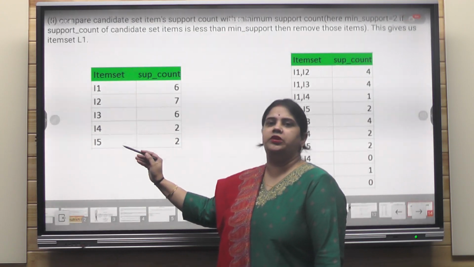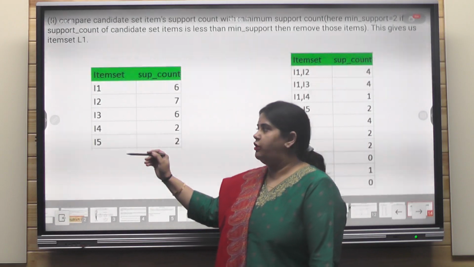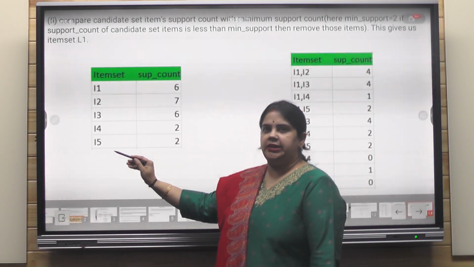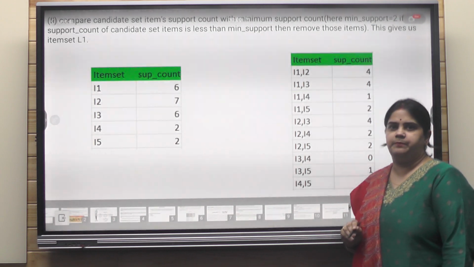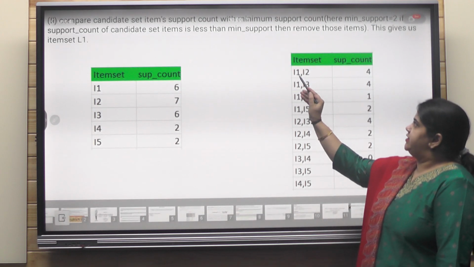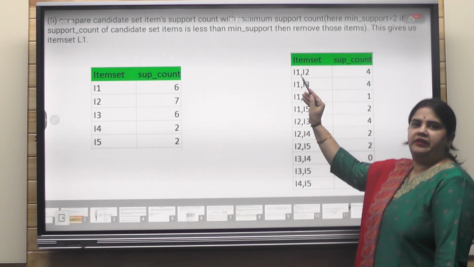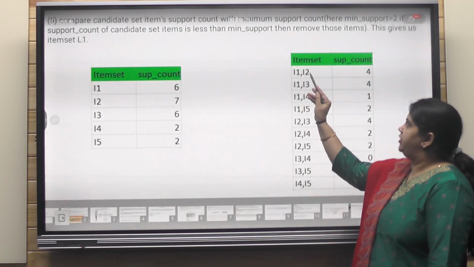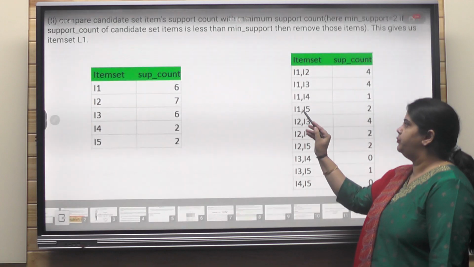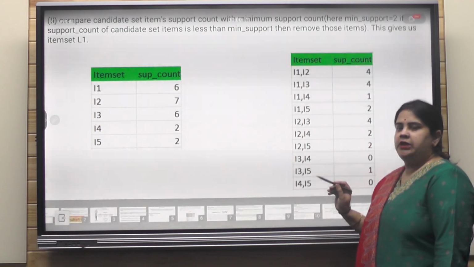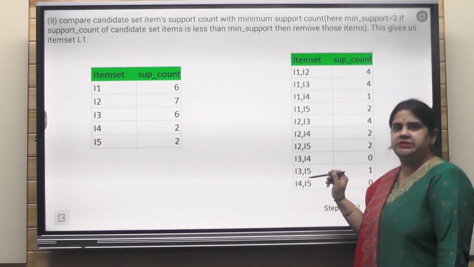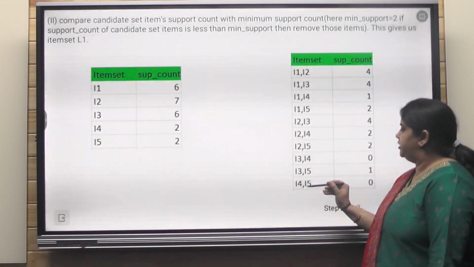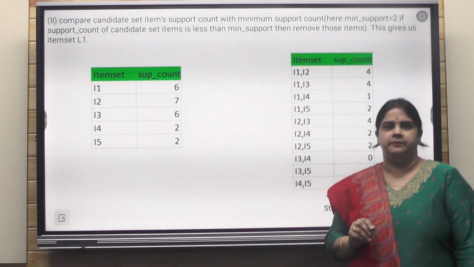We are going to create the subsets of each individual item and write over the item set. So from 1 to 5 the subsets will be 1, 2, 1, 3, 1, 4, 1, 5 and so on. So the total tuple values here will be taken from your base table, and we have written them over the second candidate table.